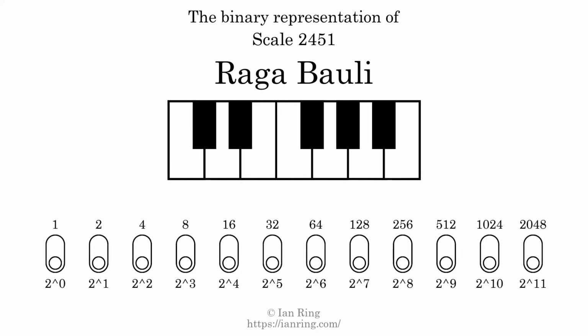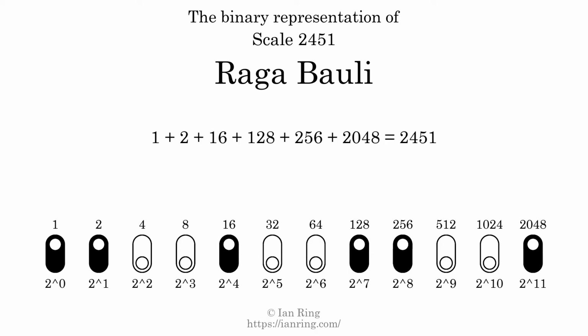The binary representation of this scale is determined by mapping tones of the scale to binary digits. Each binary digit represents a power of 2. To get the scale number, we add the powers of 2 together. The powers of 2 that are present in the scale, all added together, equals 2451. That is why the scale number, in decimal, is